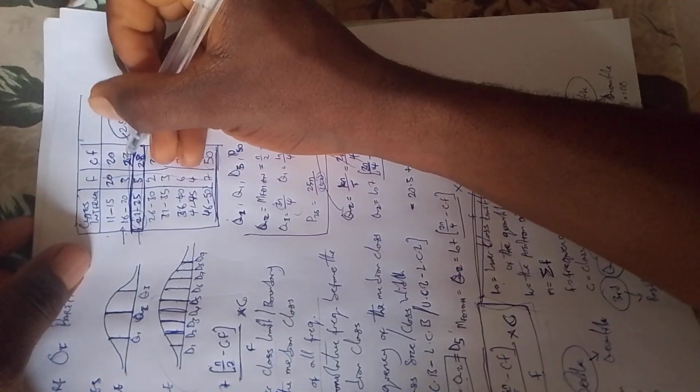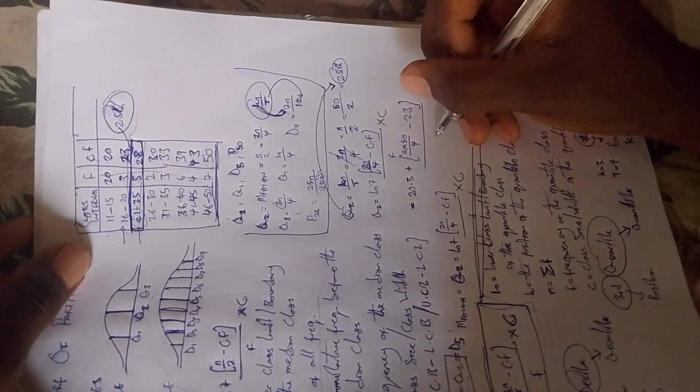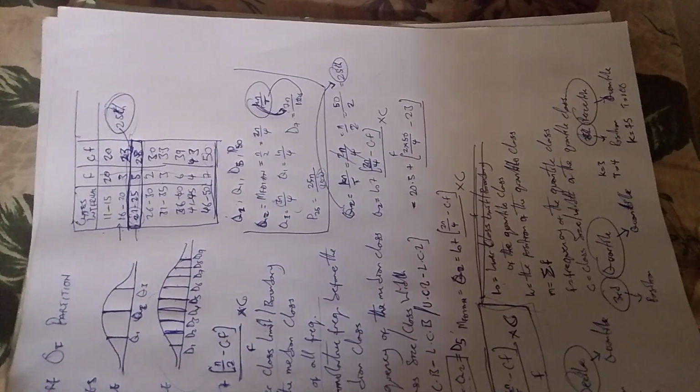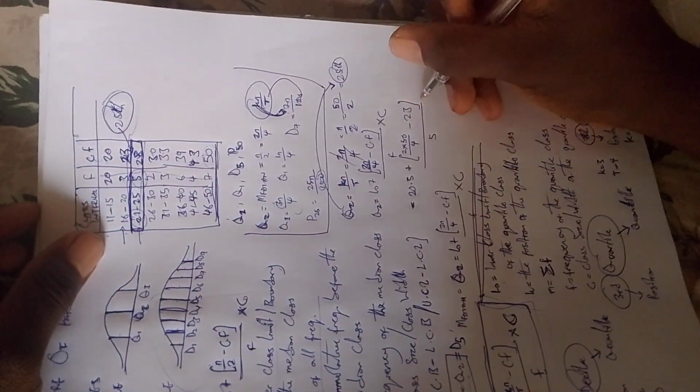So what's the cumulative frequency before? That is 23. So minus 23, over your F, the frequency of the second quartile class, and that's 5, times